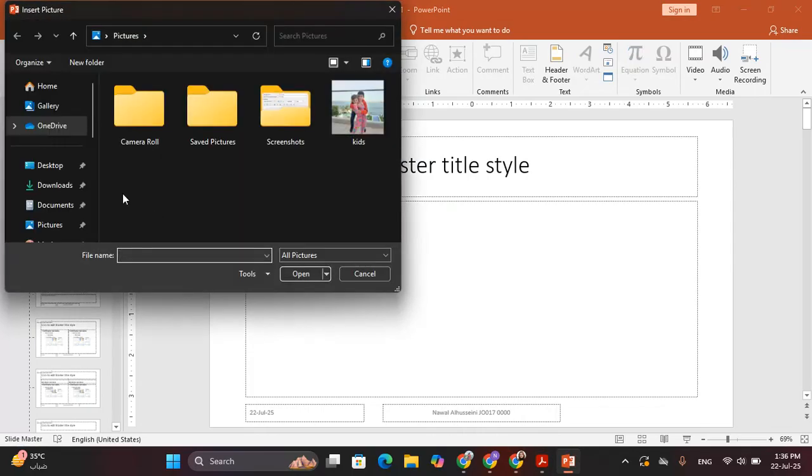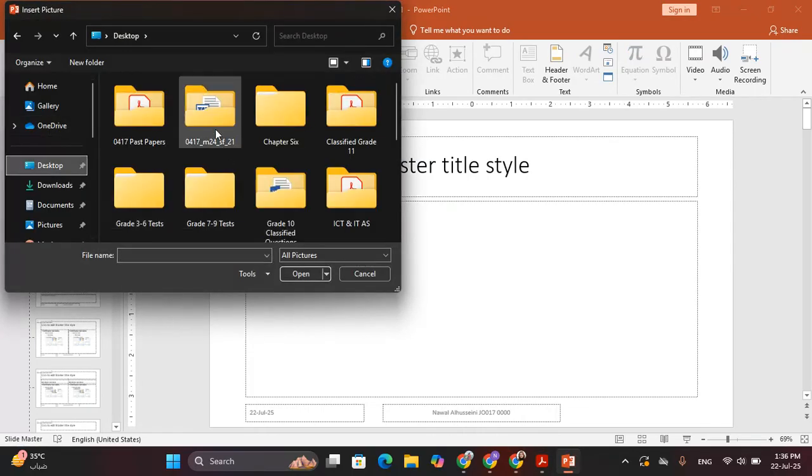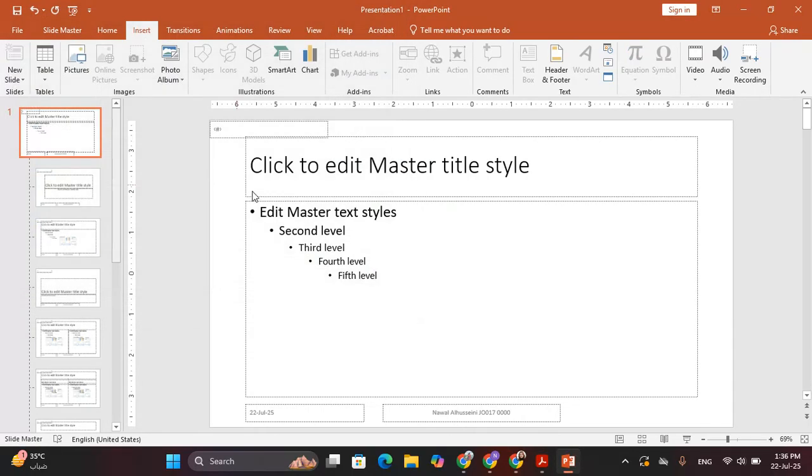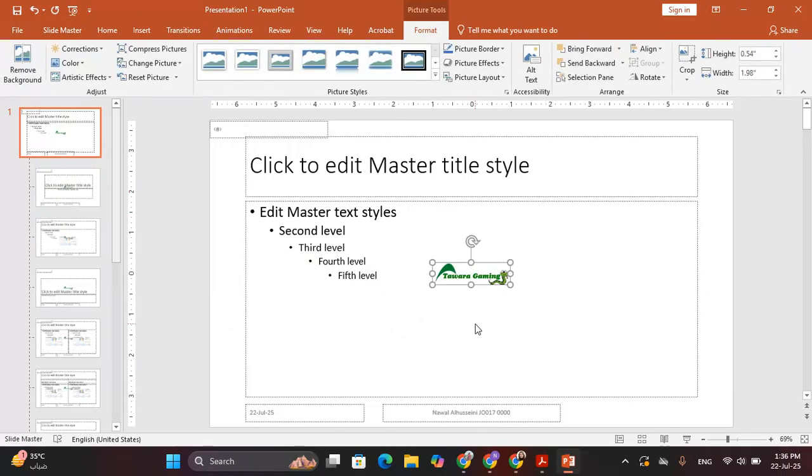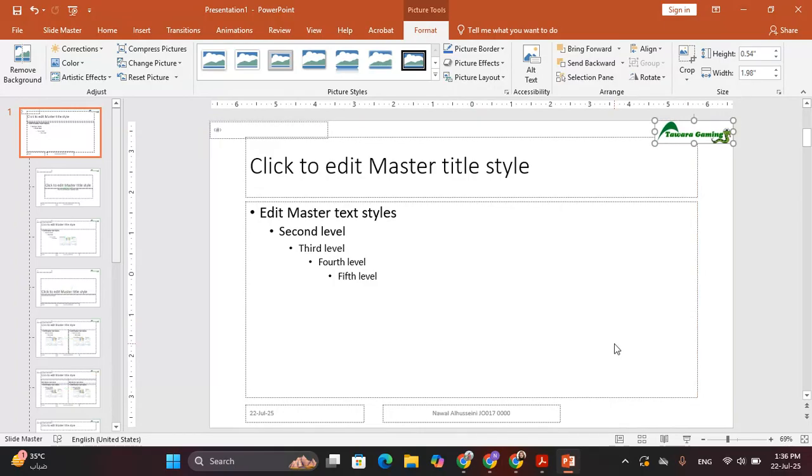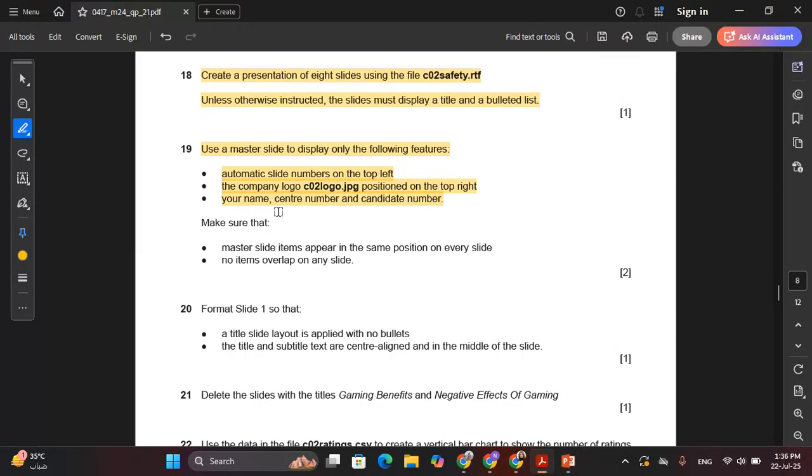From pictures, you have to search for the supporting files and then double click on the image, which is the CO2 logo. Position this on the top right corner as they mentioned in the question paper. For your details, no need to change the position because they didn't mention this in the question paper, but